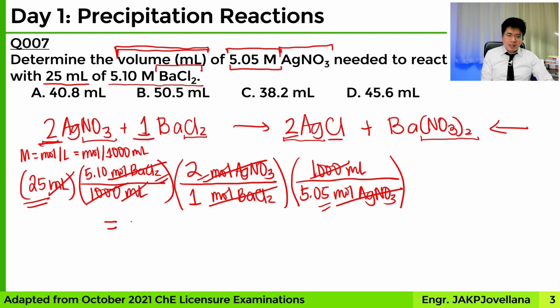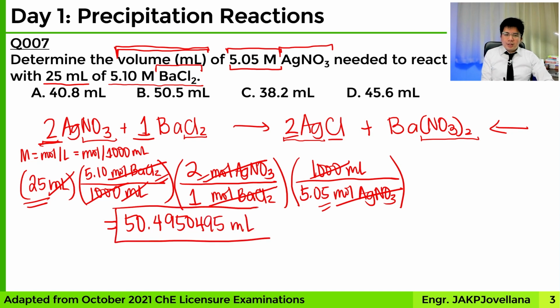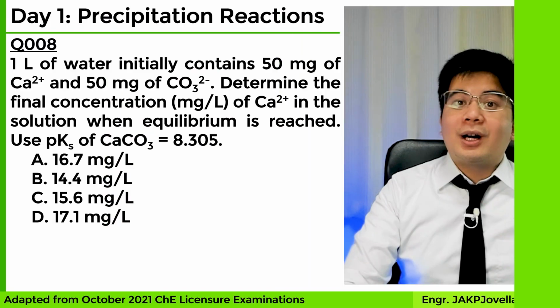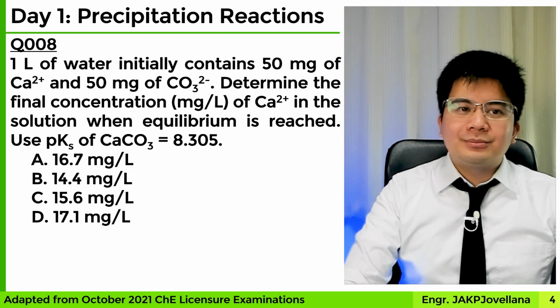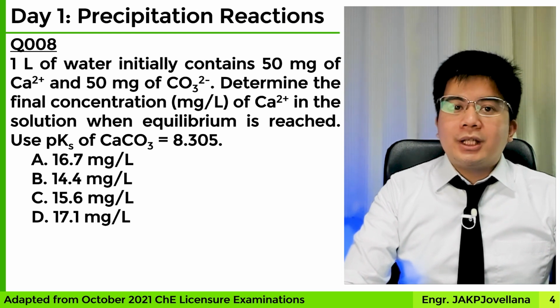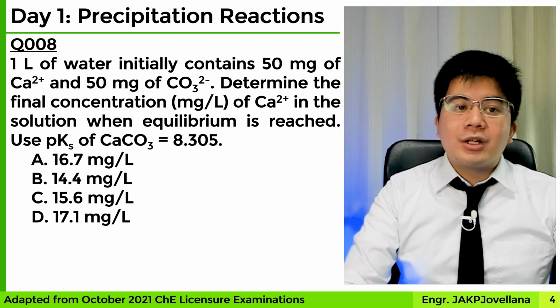Calculating, this is around 50.495 ml. So from the choices, this is letter B, 50.5 milliliters. So for our next question, number 8, 1 liter of water initially contains 50 milligrams of calcium 2+